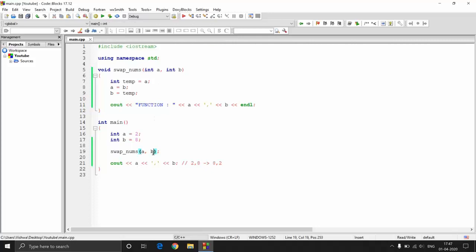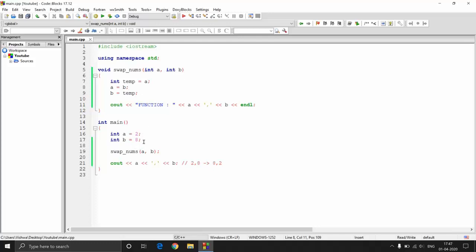Once we pass in two numbers, what is happening is these two variables are dynamically created in the memory, and then these values are getting copied inside them, and whatever happens inside the function happens on these particular local variables. So variables which are actually called from the main function are not going to be affected by this function. Whatever you do inside this function remains local to those variables only.